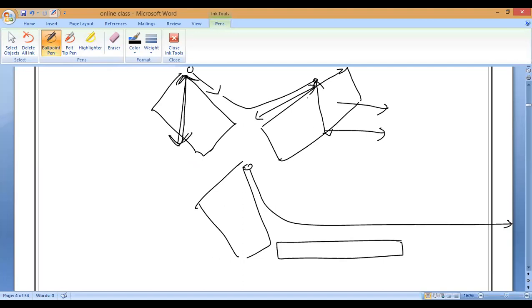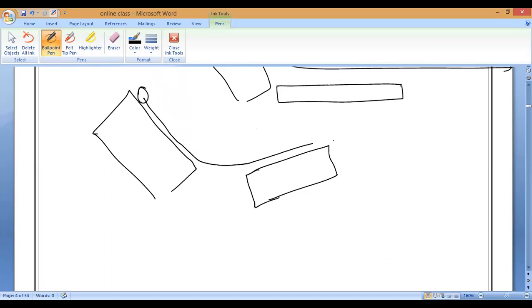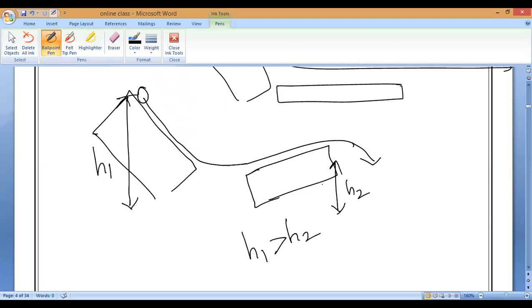That is the first thing. Next, a certain case: when the inclination angle is more on one side and very less on the other, what will happen? The ball which is released will come and go out of it. Yes or no? Because here the height is maximum, that is H1, but here the height is H2. So H1 is greater than H2. If the ball is released from this height, it will attain this height only, and it will be reversed.